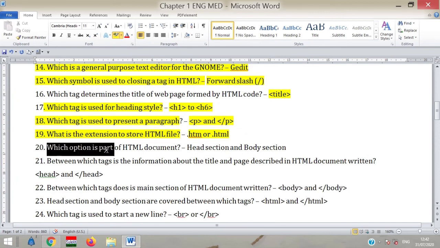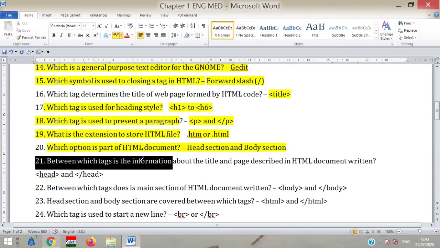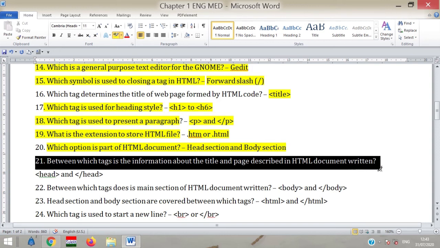Which option is a part of the HTML document? We have discussed this already. Head and body sections are a part of the HTML document. Between which tag is the information about the title and the page described in an HTML document written?